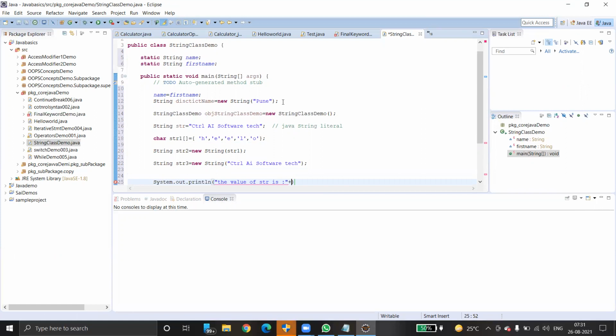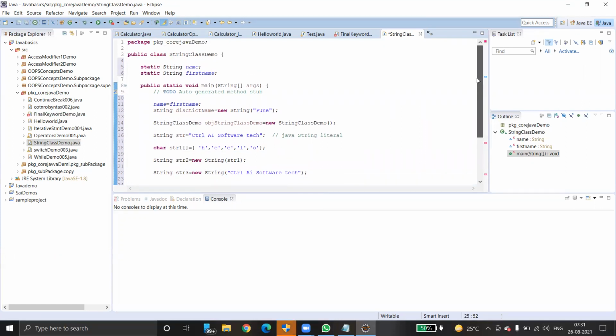One is literal notation. Literal notation means we don't use any new keyword. Have we used a new keyword here? No, we have not used a new keyword here. This is nothing but the notation of a string literal. There is another way, it is a class type. We can use the new keyword to create an object of class type String.